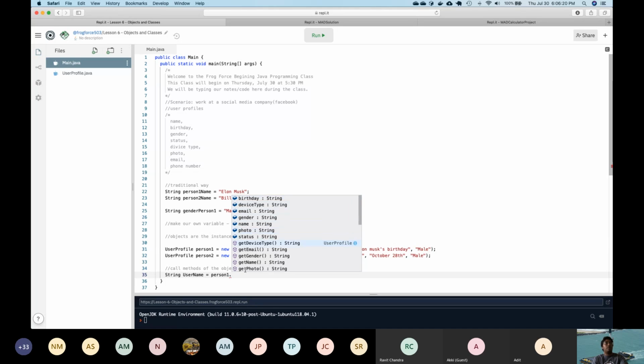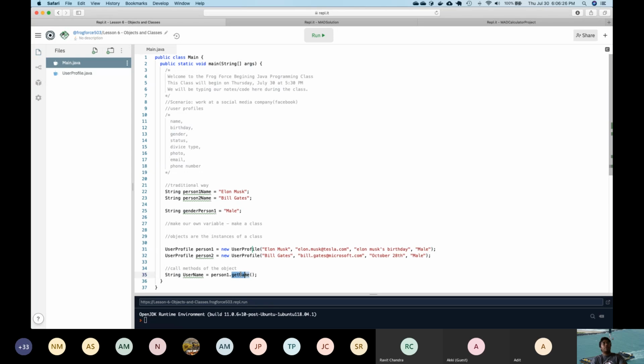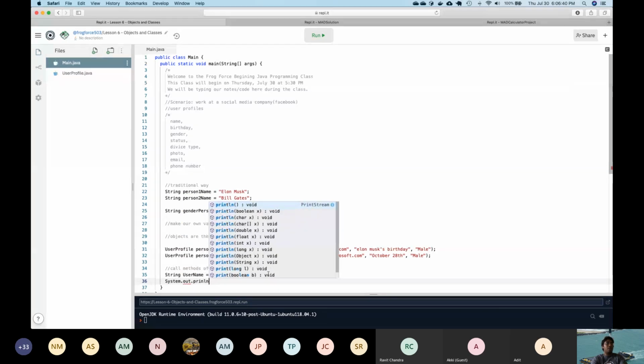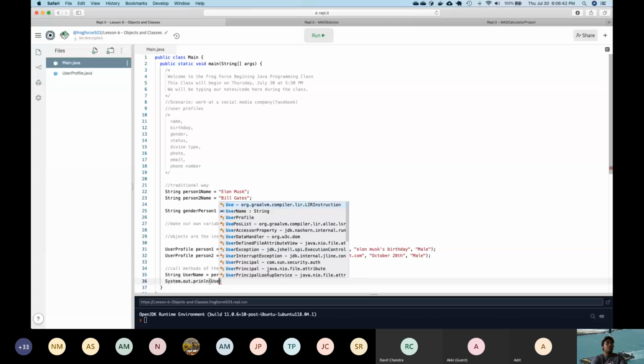So here we're going to call getName and then two parentheses. So this is just like we've called methods before, except now since the method belongs to this object, we put the object, a dot, and then the method name. So now if I do System.out.println(userName),